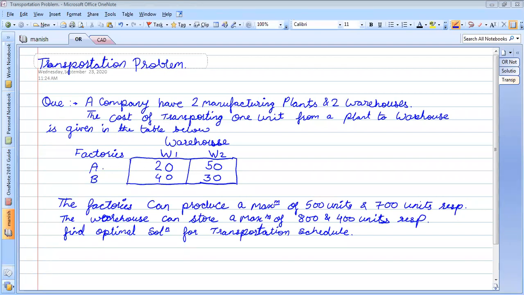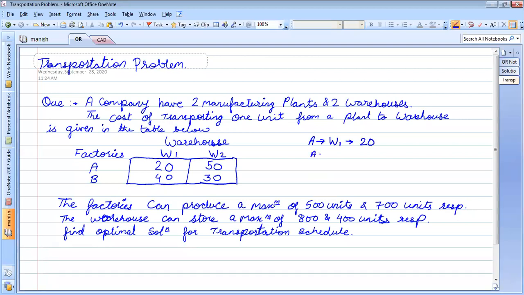in the table. So there are two factories, say A and B. From A to warehouse 1, please understand this carefully. From A to W1, the cost of transportation is 20.